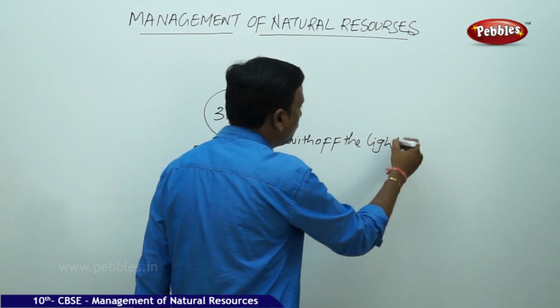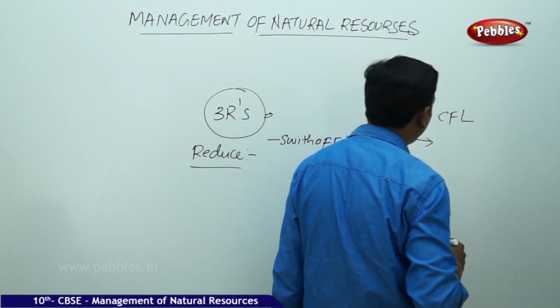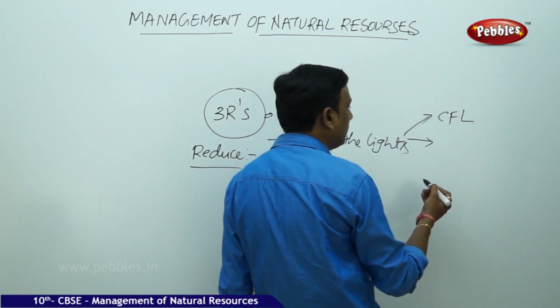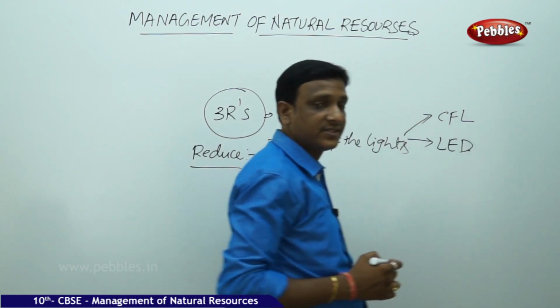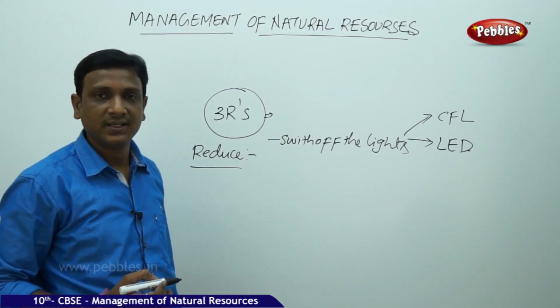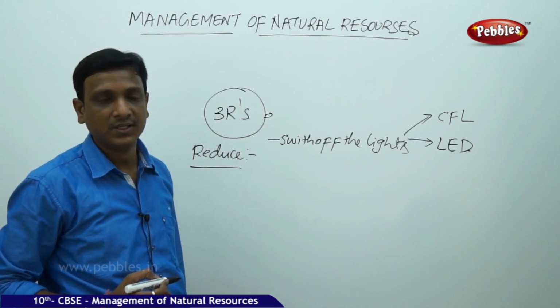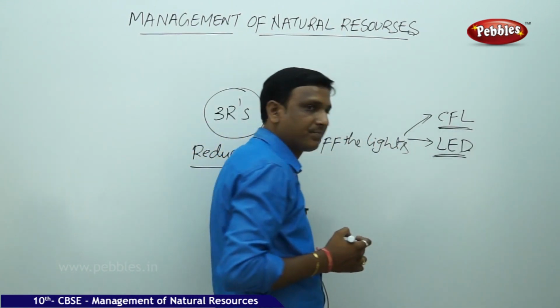Again, in these lights, you can do so many things. You can use CFL instead of bulbs. You can use CFL, or you can use LED bulbs that are available, and certain governments are providing these LED bulbs on subsidy. So by that, a lesser amount of energy is consumed. So we can switch to these LED bulbs, we can use the CFL bulbs, and